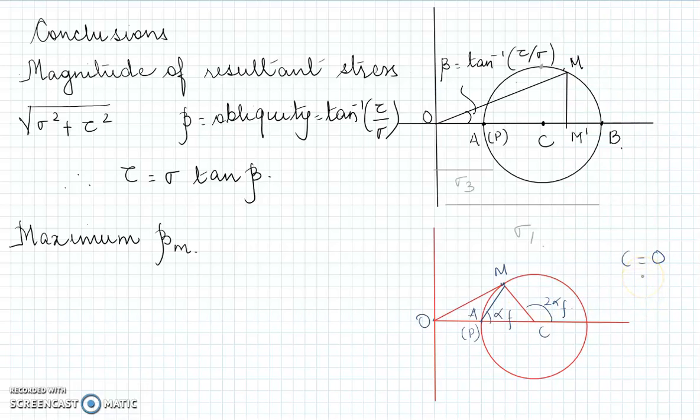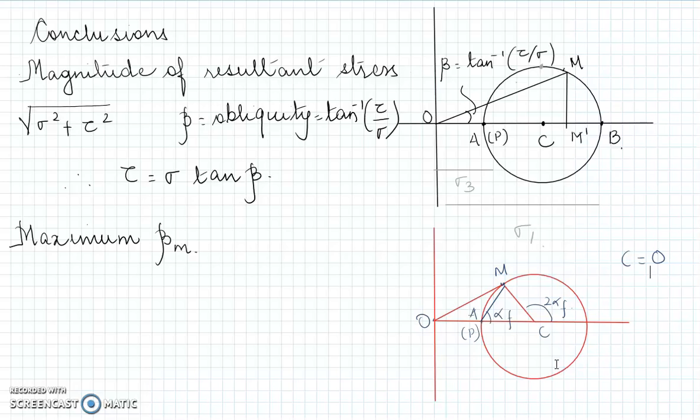Please remember that. Otherwise, this envelope will not pass through the origin. So now I'm not marking the sigma 1, sigma 3 and sigma 1 minus sigma 3 by 2. All these things I'm not marking. You all can mark all these things. So at a position where N is actually not a point of maximum shear, you will realize that